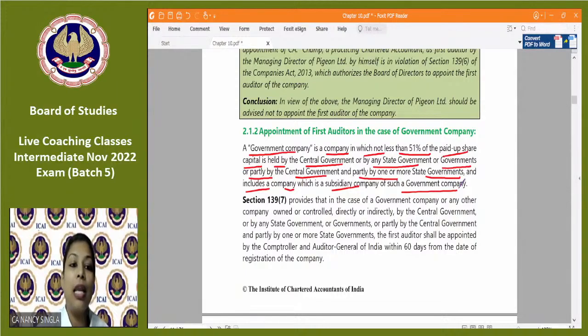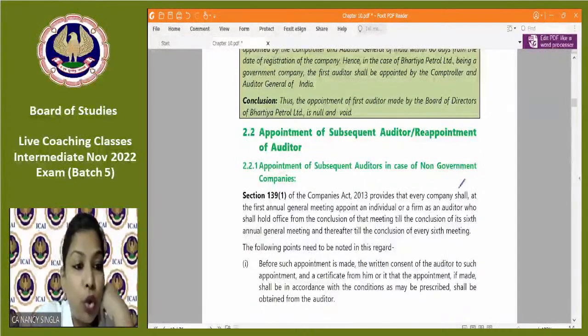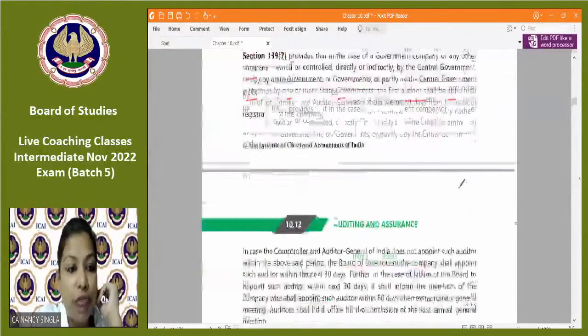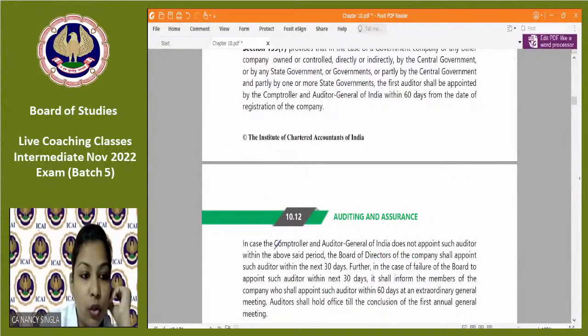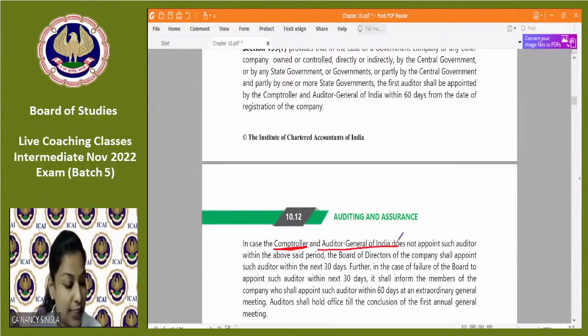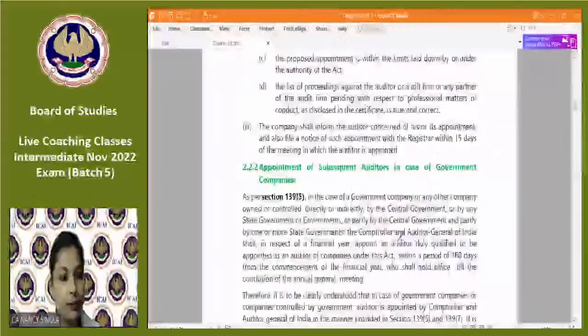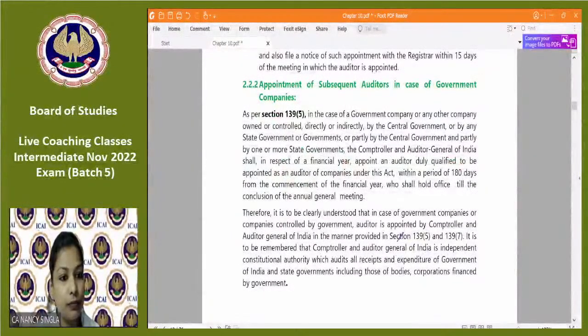Now, who is CAG? Quickly send in your replies, and if anyone is aware as to who is the current CAG. The word is Comptroller and Auditor General of India. It is not Controller, though the meaning is Controller only, but the word is Comptroller and Auditor General. Quickly send in your replies. Who is the Comptroller and Auditor General of India? Send in your reply, students. So Karthik is saying clear, Manoj is saying clear.